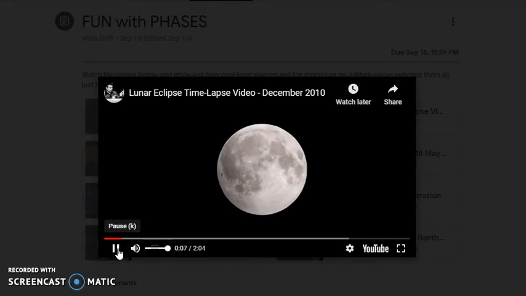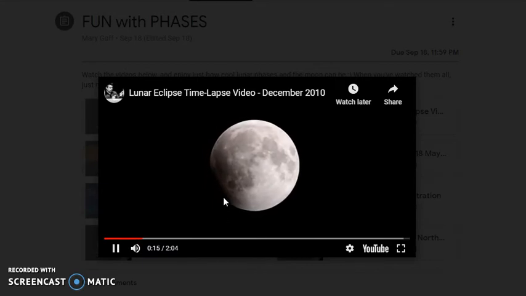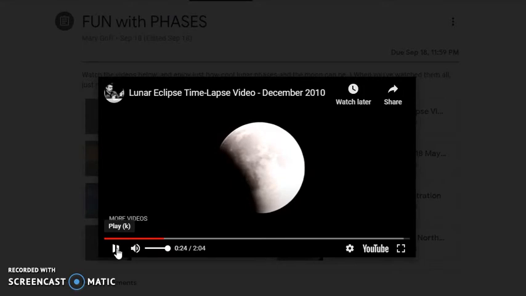So I'm going to click, this is on double speed. And what I want you to notice is that we have the Earth's shadow start to kind of creep over the moon. That's what's happening right here. What's really happening is the moon is slowly moving into the Earth's shadow. And as that progresses,